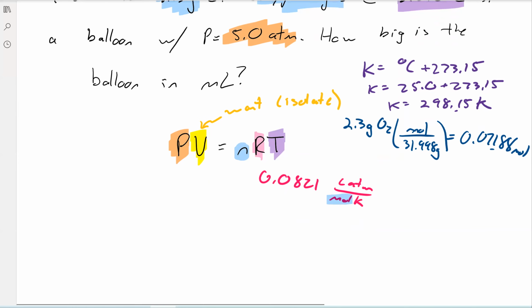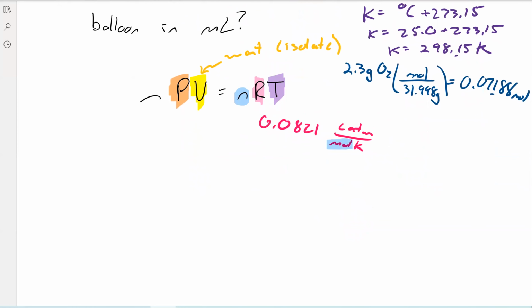All right, so now we've got all of our variables. What we're going to do next is reorganize our equation to isolate the variable that we want. In that case, this is volume. So we're going to divide both sides by P. So you've got nRT over P. And now we just start plugging things in there, right? N was our number of moles. So we're going to go with